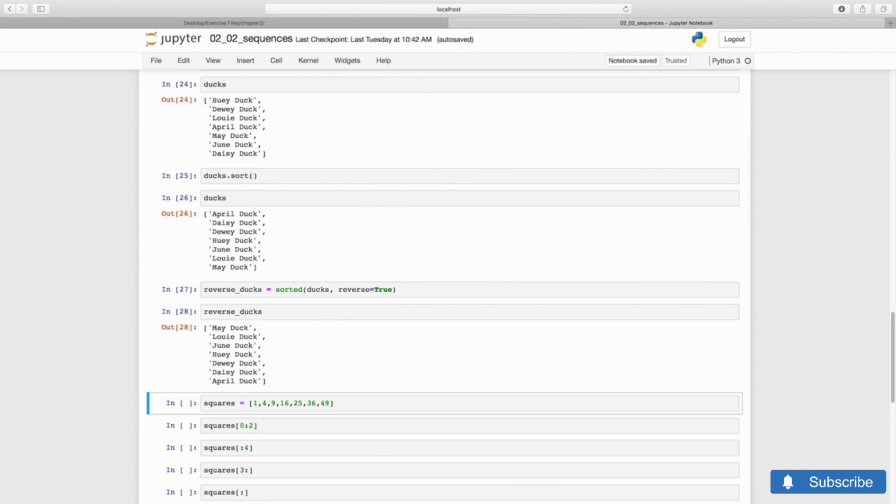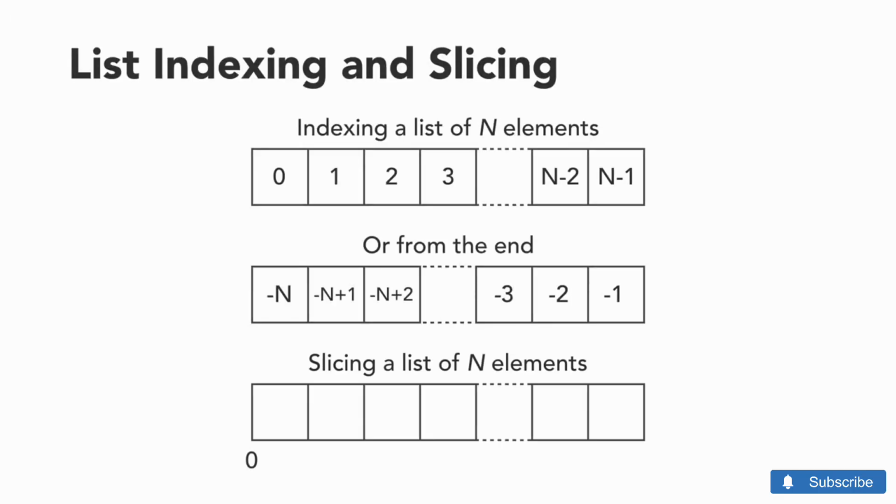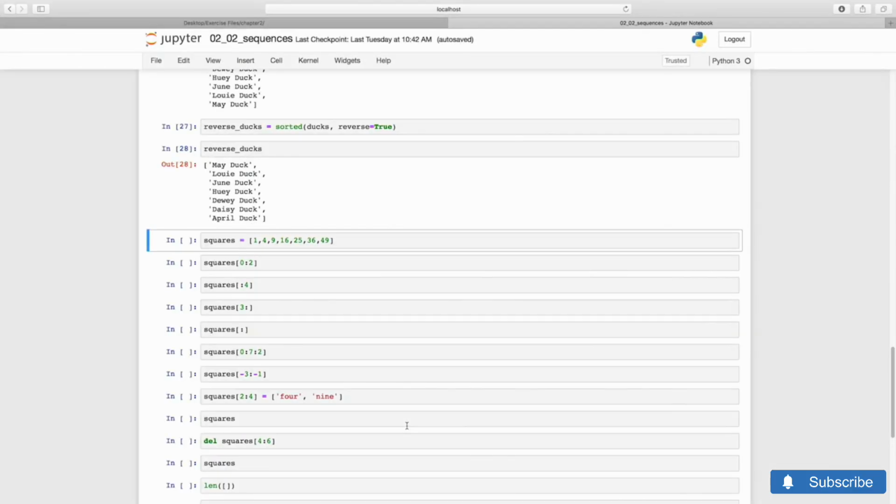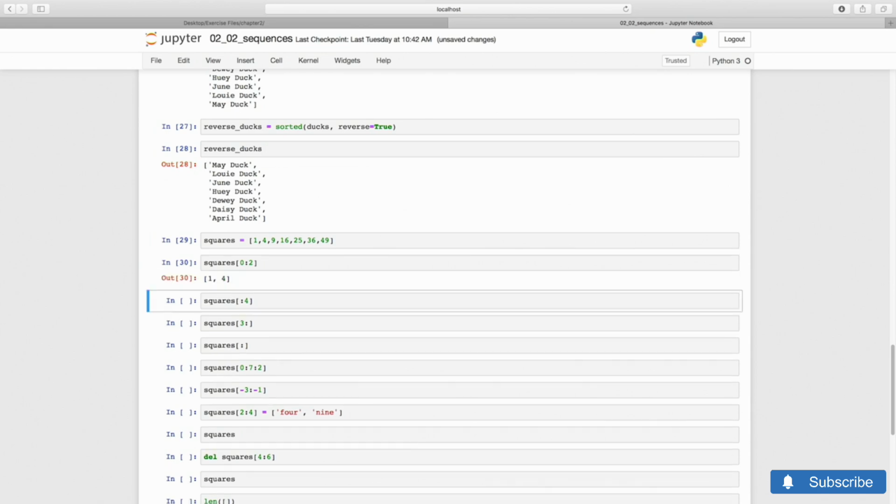Moving on to slices. Beyond working with individual list elements, we can manipulate them in groups. The convention is the same as for Python loops. The first index is included, the last is not. It's useful sometimes to think of the indices as being placed at the edges of the cells in a list. We'll make an example based on the first few squares of the natural numbers. If we want the first two squares, we'd write a slice that goes from 0 to 2.